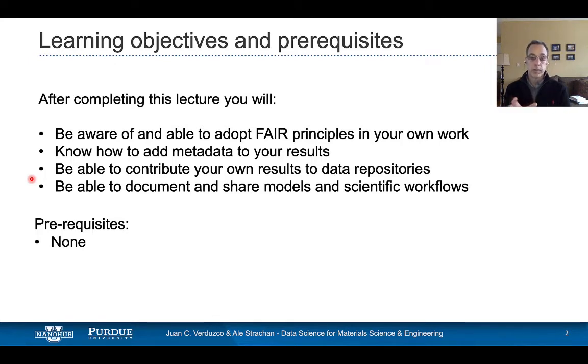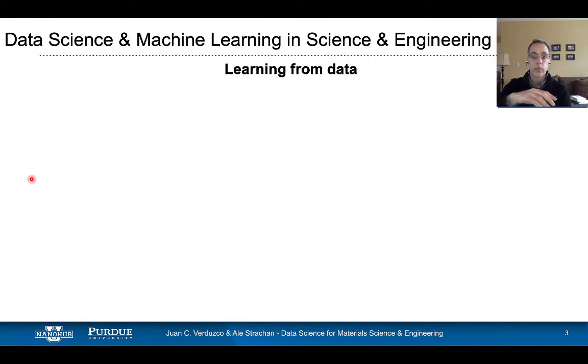And these FAIR principles, FAIR is findable, accessible, interoperable, and reusable. These principles apply not just to data as most of us understand, but also to models and scientific workflows. So we'll discuss how you can share these models and workflows with your community.